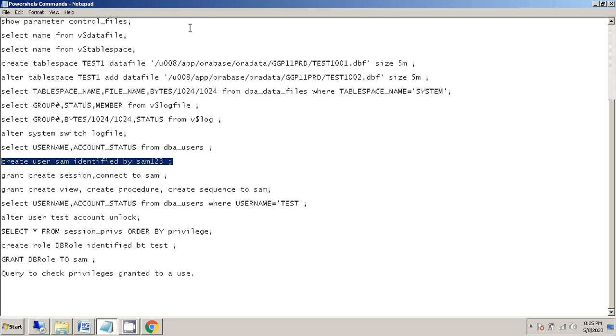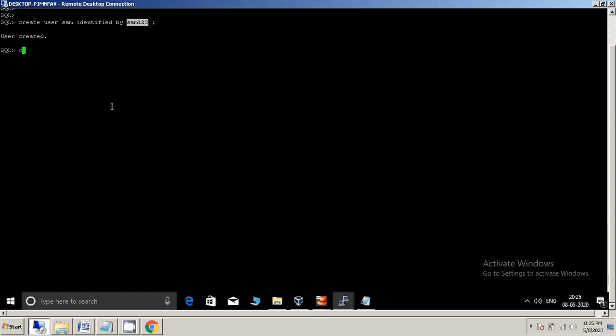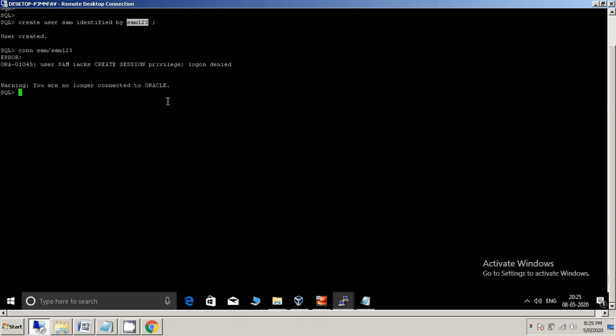We created one user. Now let's try, we have not given any permission over here. Connect SAM, password. What is showing? SAM lacks CREATE SESSION privilege.